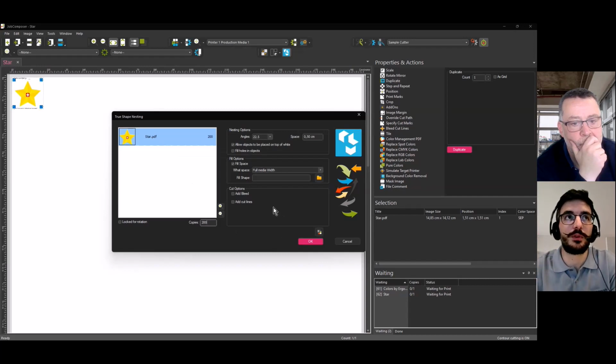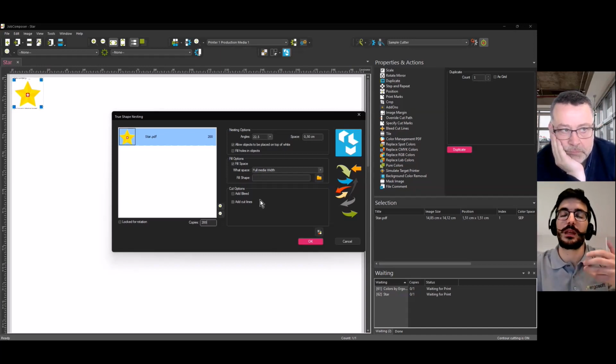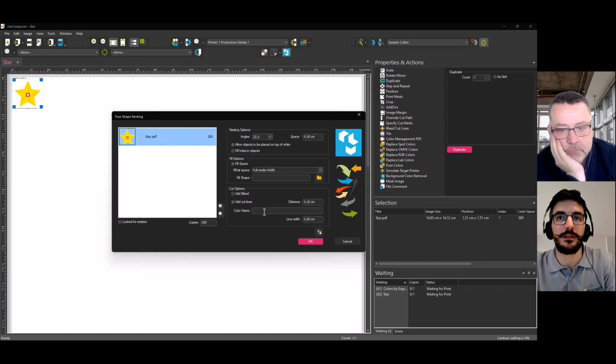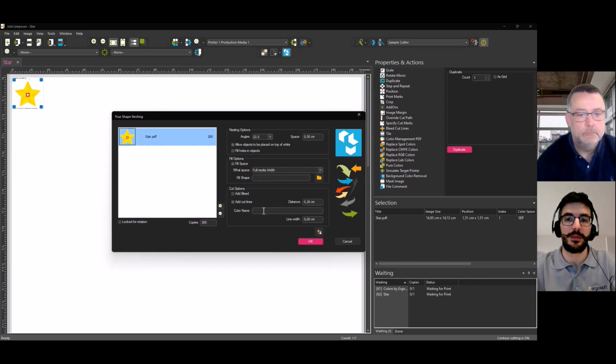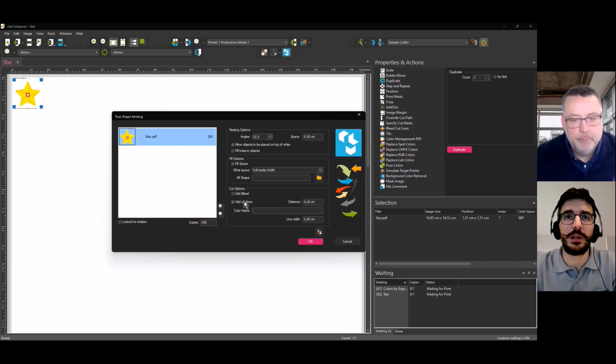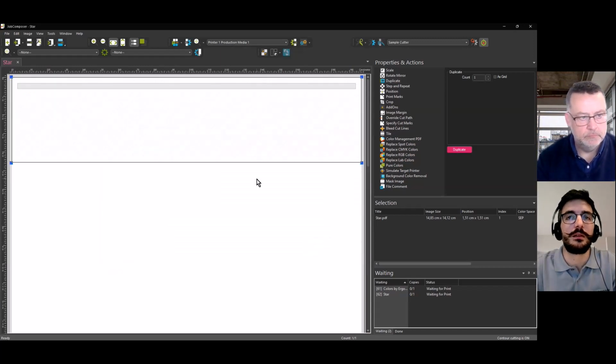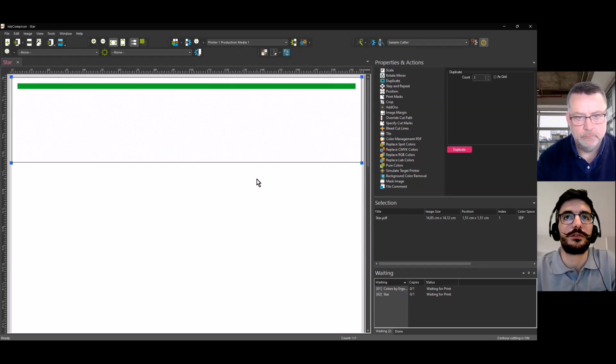And for this file, I'm not caring about this option as well, because I already have a cut path, or a spot color, defined with the cut path I want. But if my file was not prepared for cutting, I could add a cut line in here. So I could give it the name, and the software would apply this cut path to every element. Okay. So I will ignore this because I already have it. So now I'll just click OK, and the software will process the file